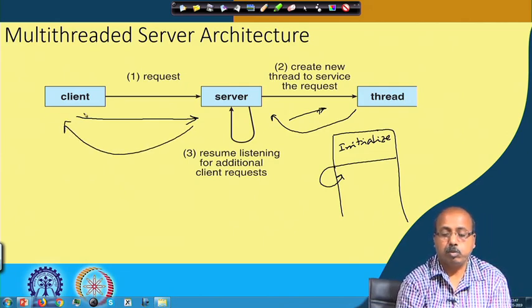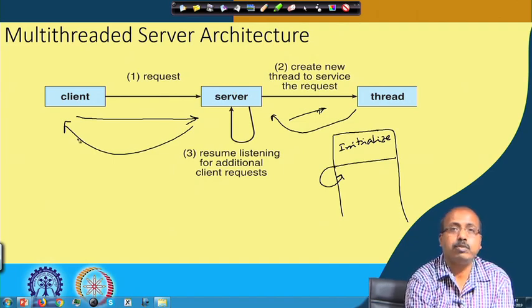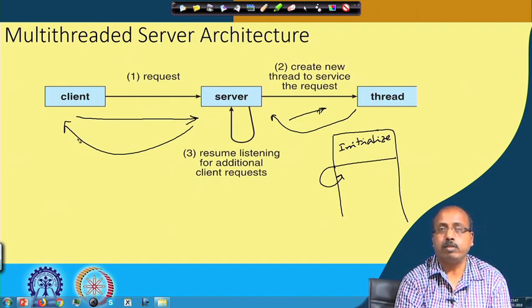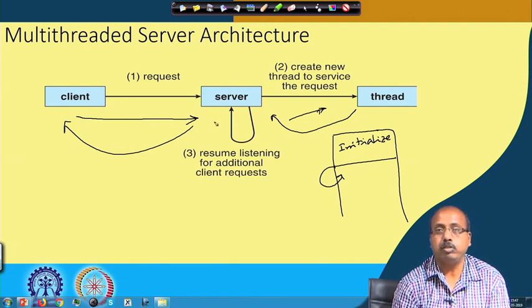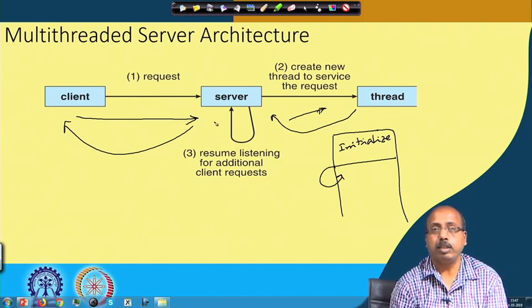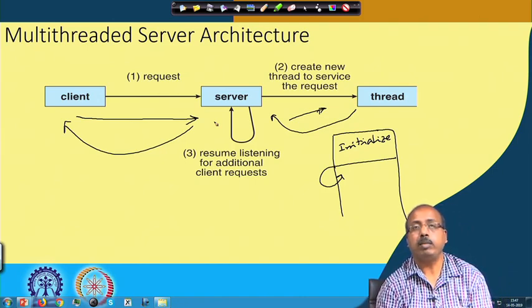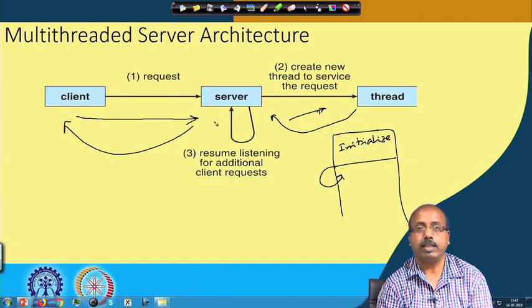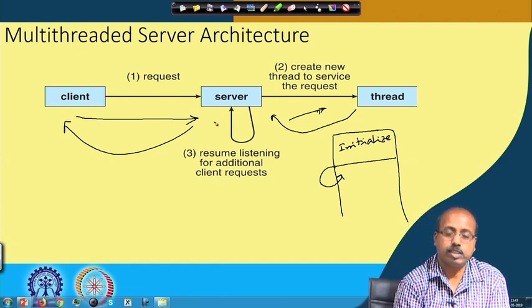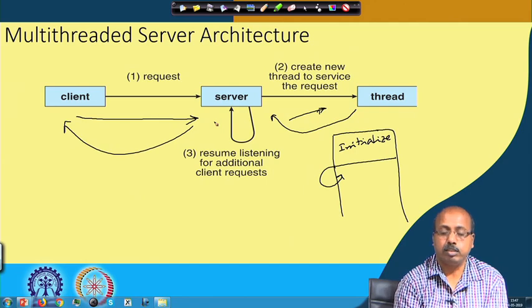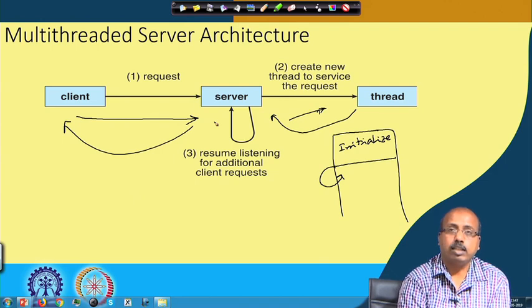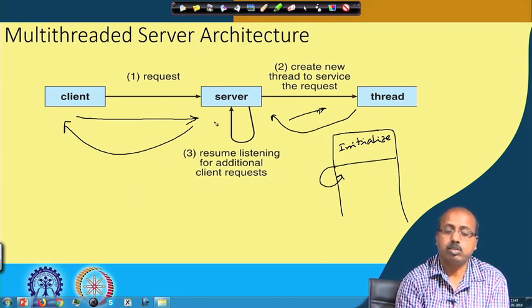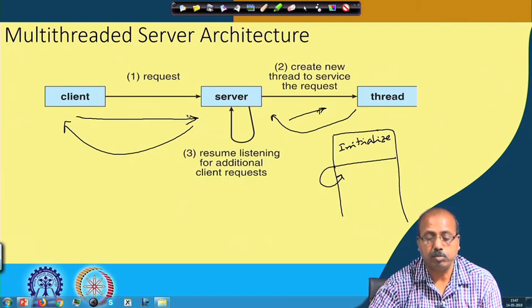For example, assume that this is a database server, and these are different people who are putting queries to the database server. The first query comes. This database server creates a thread which will take care of that. It will look into the appropriate records of the database, and then maybe calculate some value, and the return value is stored at some place, and then it informs the server that okay, my job is over. So, this thread is over. Then the server will take the value and give it back to the client that had requested it. So, this way this client server mode of operation works,